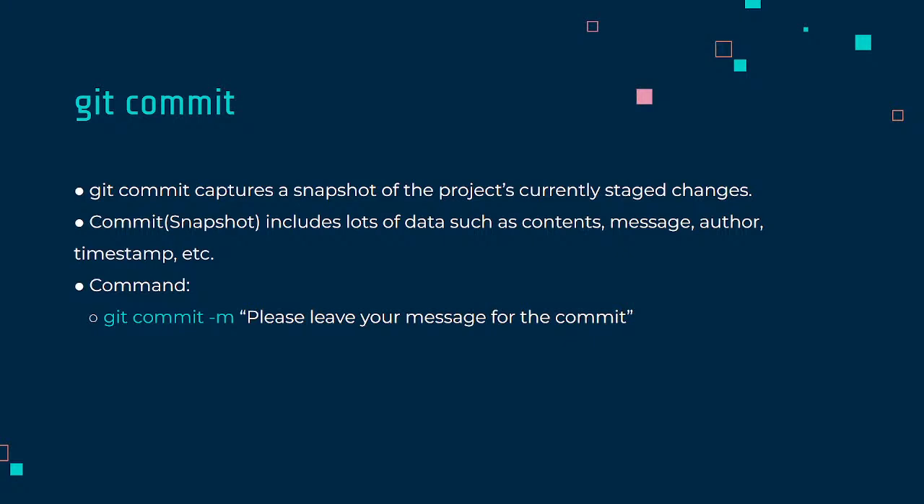Now the third command is git commit. Git commit basically captures a snapshot or commit of the project's current state of changes. A commit or snapshot includes lots of data such as contents, message, author, timestamp, etc. The command for git commit is git commit -m, then leave your message for the commit. The m stands for message. You can add a commit message like you updated something or you changed something in the code. You can add it in double quotation marks so that it can be read by other users to get an idea what changes you have made to the